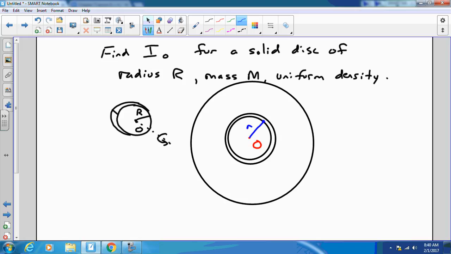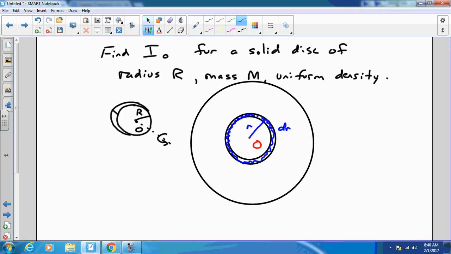Shades of easy calculus yesterday, right? And each one of these shells has a thickness of dr, and each one is at an average radius r. And the point is that by using this as my differential element dm right here,